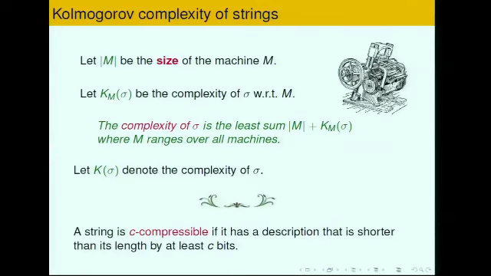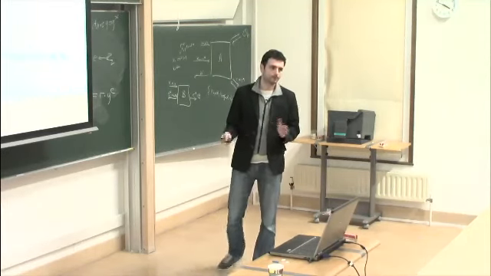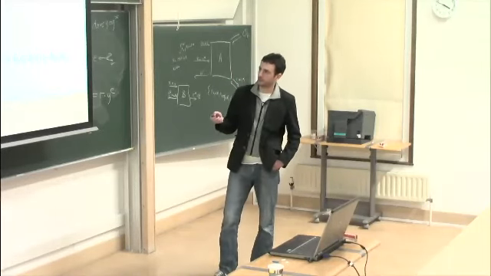So you get a notion of complexity in this way, which doesn't depend on the machine, but basically it's invariant, modulo an additive constant, because the complexity depends on the encoding of the machines that you have. Of course, you have to choose a reasonable way to measure the size of the machine, but more or less, if you choose a different encoding, you get a different constant. So the theory doesn't depend on the constants, as you will see later.